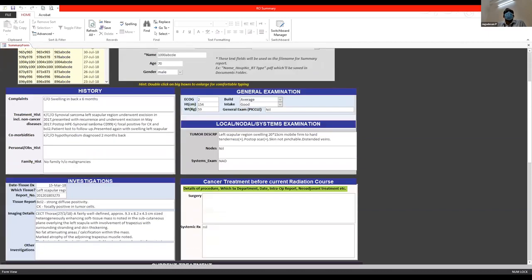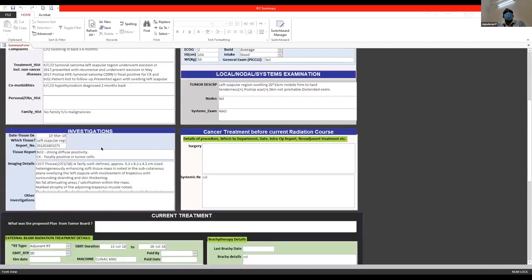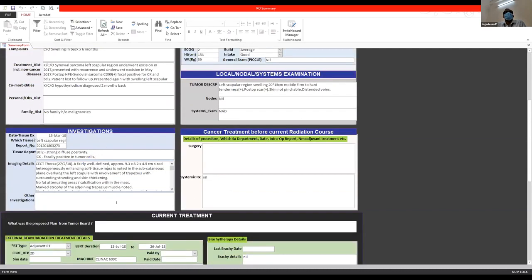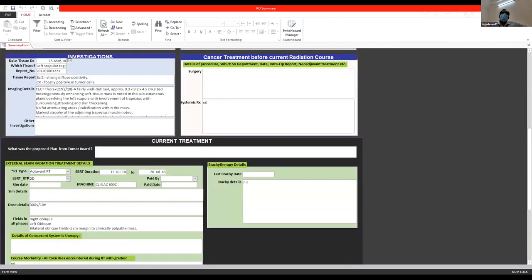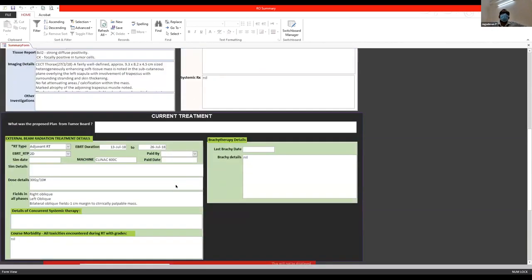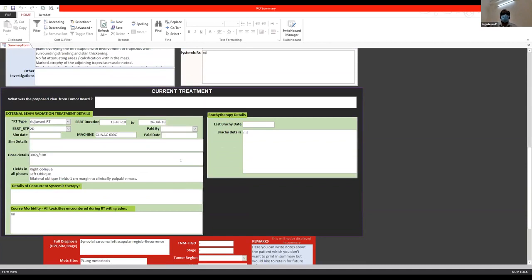You can enter their history at the time of treatment, the examination, and then you have an investigation box. All these boxes are almost the same. Bigger boxes are of the data type long text, shorter boxes are of the data type short text or numbers. You can even choose to have dates as one of the options. The same way I have created everything, and I have of course added some colors. So it's a bit more appealing than the bland ones which I showed in the OPD example.